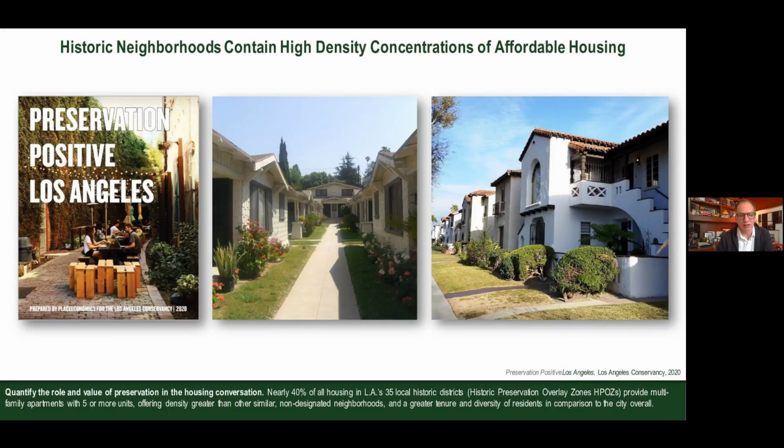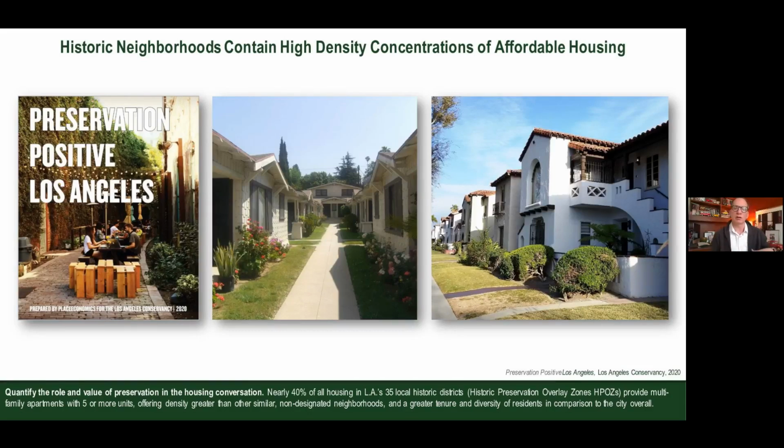We did a study, it's been more than a few years, looking at this issue, the economics and the impact of preservation, by Don Ripkema with Place Economics. It asked the question, and Sarah, you alluded to it, of how do we fit into this conversation around density? How do we fit into this conversation around whether we are providing affordable housing? One of the things that was surprising even to us: we have a lot of local historic districts, about 35 across the city.